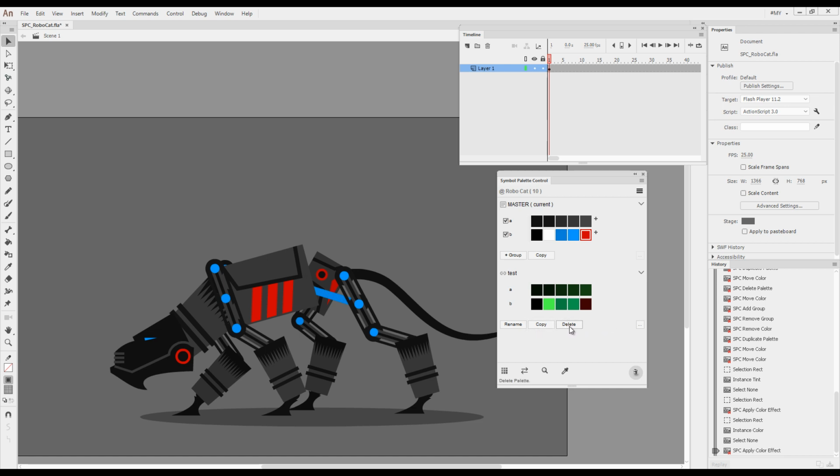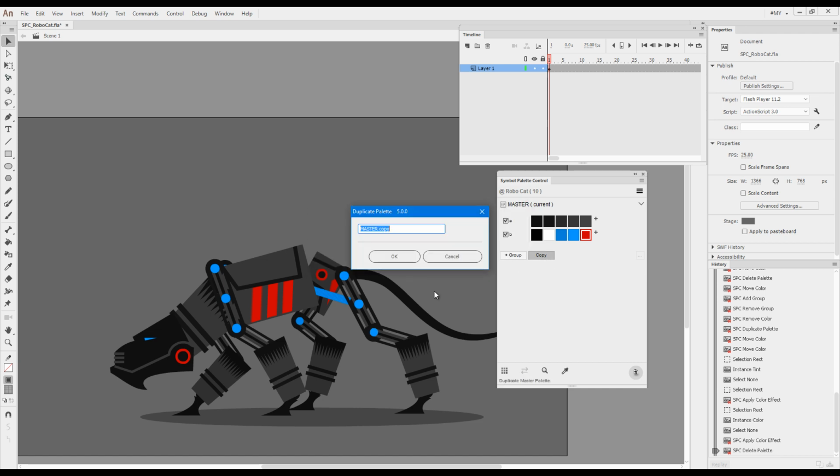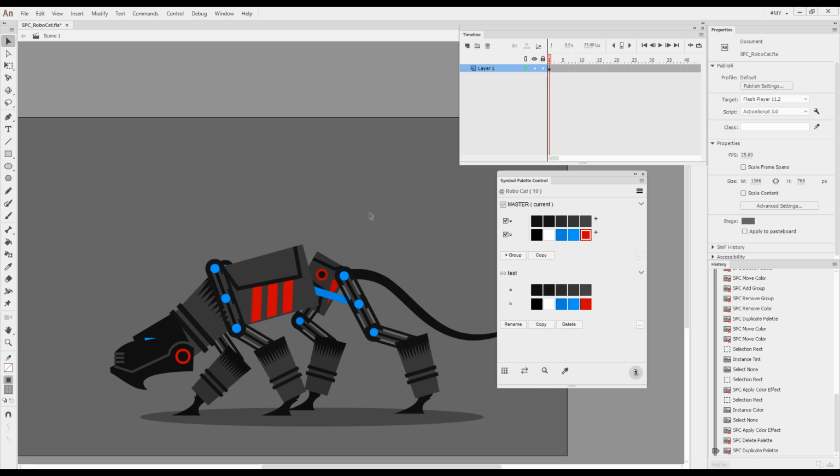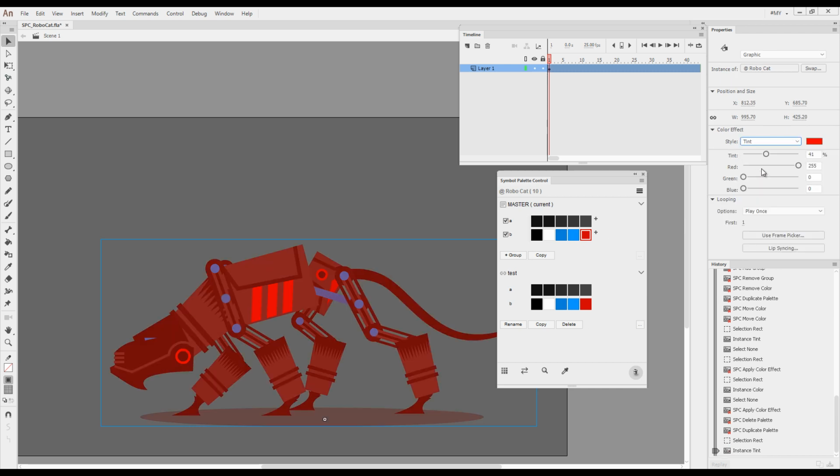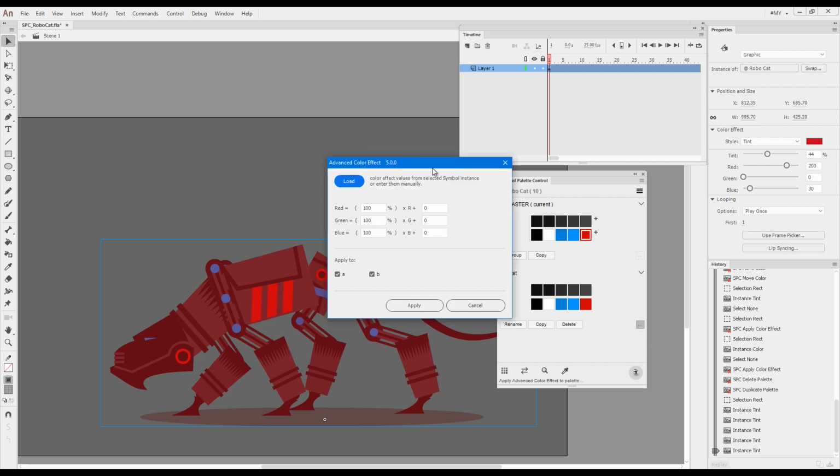Now I'll delete this and duplicate again. I'll keep calling it test and show you something else. I'll select this and apply a tint to it. I will adjust the tint to my liking. Say this is how I want it, and then I will leave it selected on the stage, and I will open the